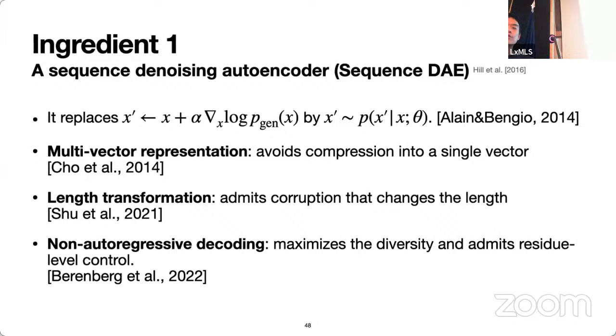The second thing is the length transformation. We want to be able to change the length on the fly, and for that we can use various techniques. We use one particular technique from last year's paper on non-autoregressive machine translation. And thirdly, because we wanted to maximize diversity, and one thing we haven't been too successful at is maximizing and controlling the level of diversity of the autoregressive model, we just stick to the non-autoregressive model. But on top, we use a CRF in order to at least ensure some local consistency.